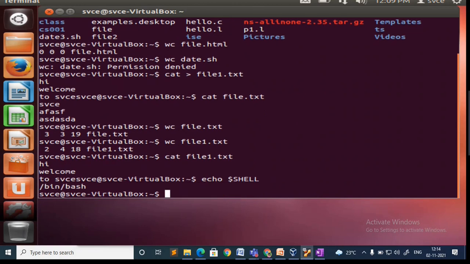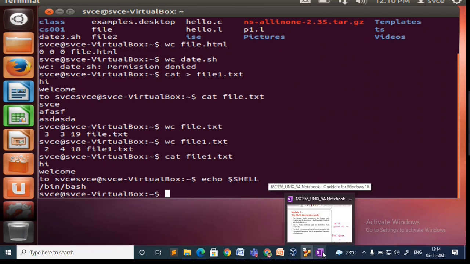Are you getting output? Understood how to check which type of shell is supported by your system. I am using bash shell. Okay, so